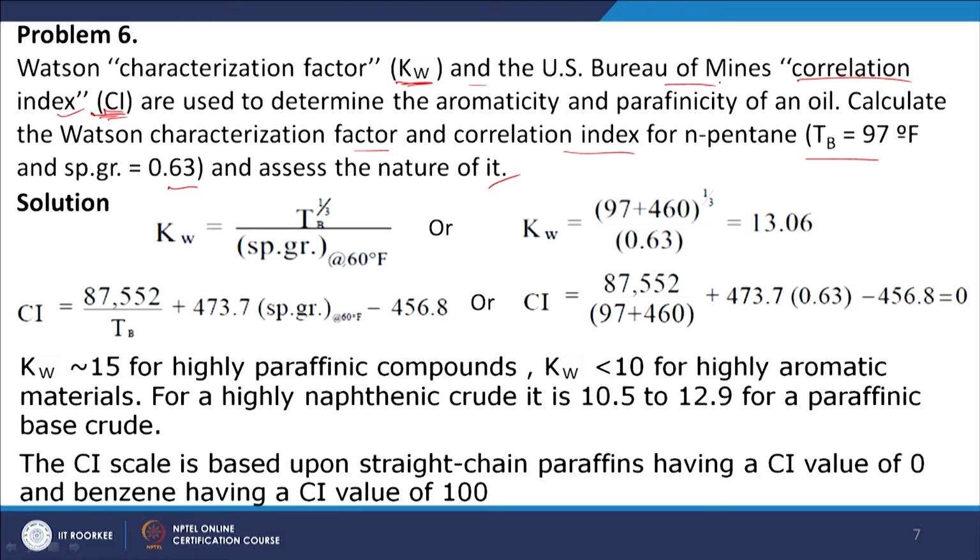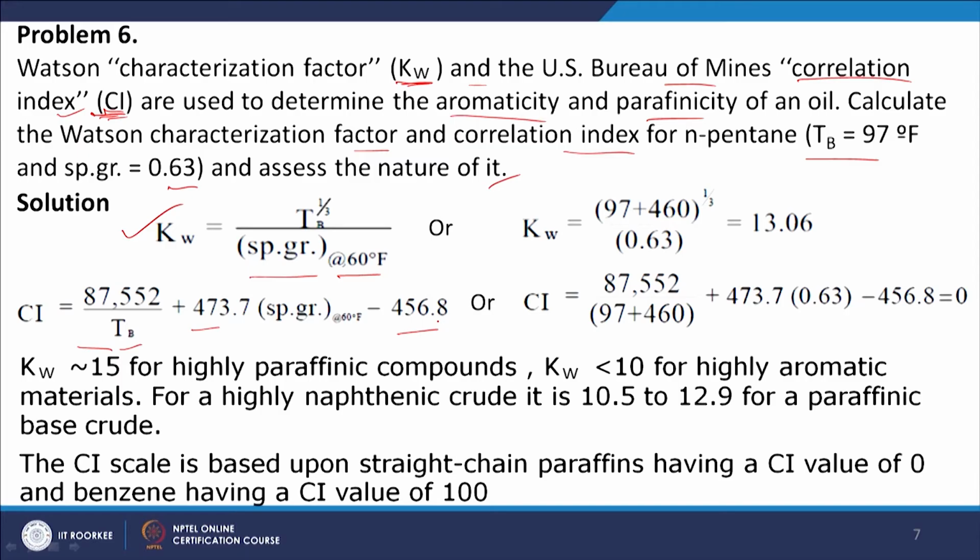The objective was to measure the aromaticity and paraffinicity of any oil, and Kw is determined by this formula, that is equal to Tb to the power 1/3 divided by specific gravity at 60 degree Fahrenheit, and Ci is defined by US Bureau of Mines, that is 87,552 divided by Tb plus 473.7 into specific gravity minus 456.8. So, these are two formula, and it is also provided in literature that if Kw value is